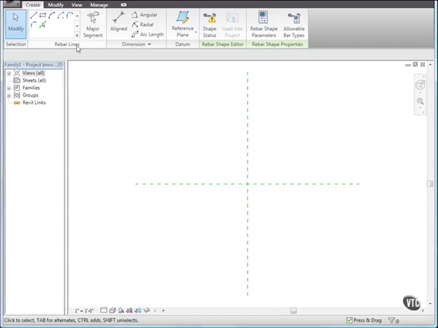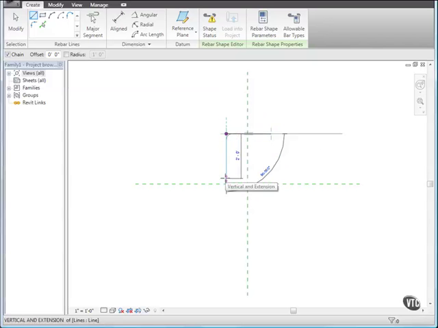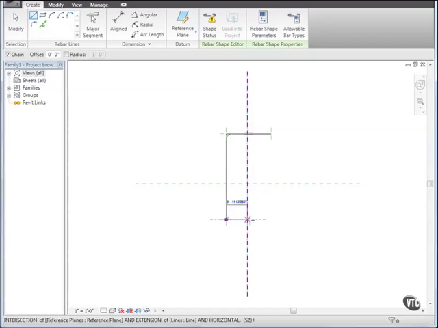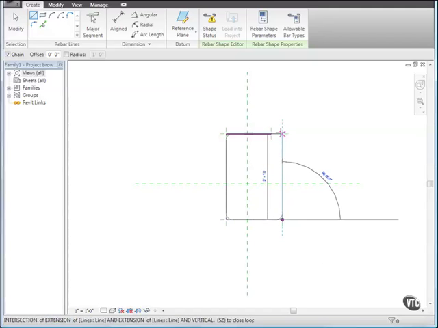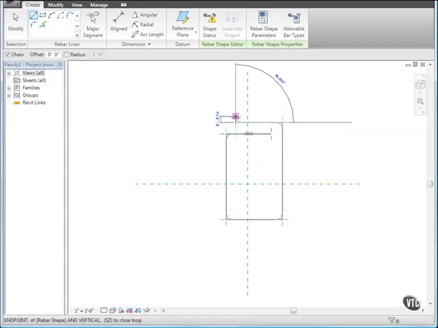From the Rebar Lines panel, click Lines. Then click to the right of the vertical reference plane and draw a horizontal line to create the top surface of the rebar. Then draw a vertical line to create the inside loop. Then draw a second horizontal line to create the bottom of the rebar. Then draw a second vertical line to create the outside loop. Finally, draw a horizontal line to complete the rebar sketch. Then click Modify,